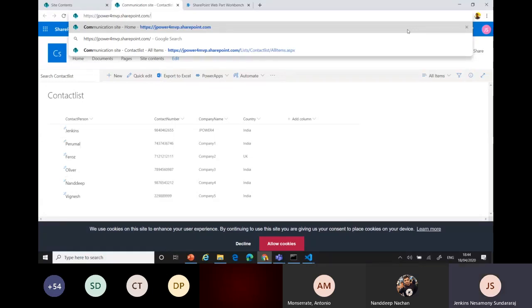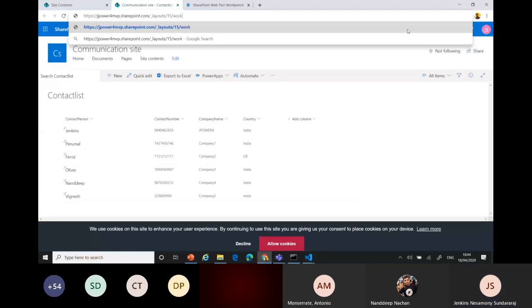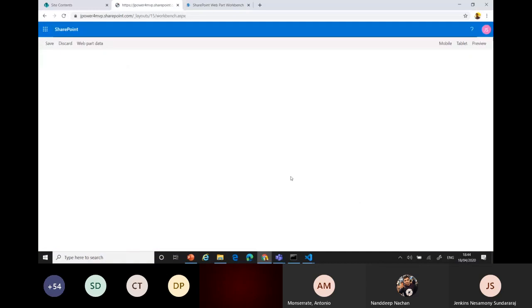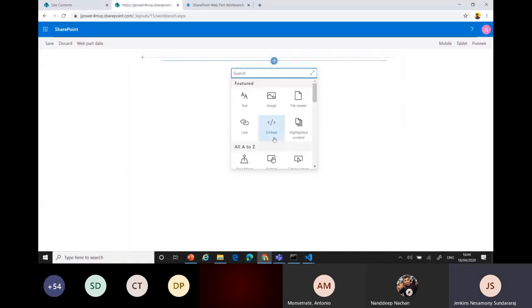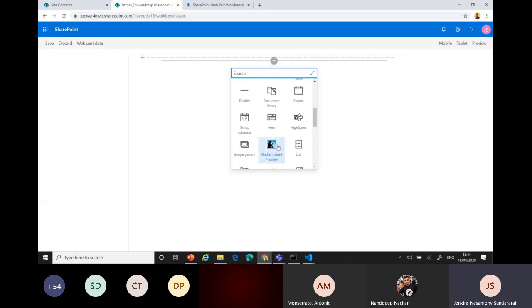I use my _layouts/15/workbench.aspx, right? Now I'm getting data from my SharePoint site. Okay, I have still not deployed, because this is just testing. If you want to go with the extension, obviously you want to deploy the app, then only it knows. Or you can use the debugging process, right? Same like that. Here you always use the workbench to test everything.